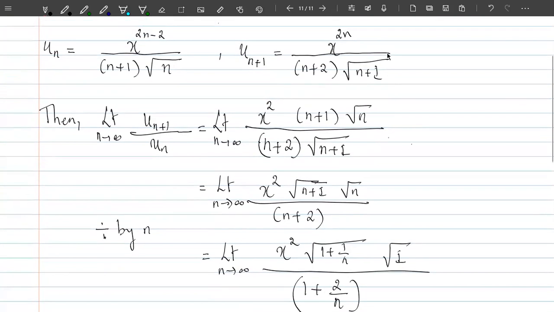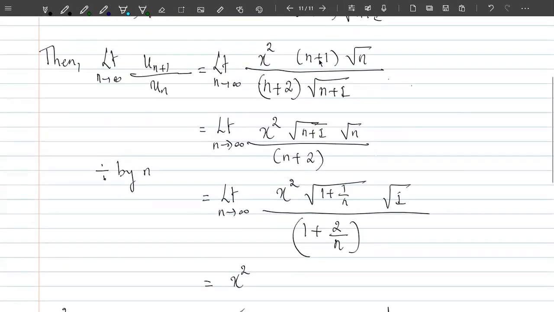If you solve it, you are dividing this particular term by this term here. So on solving, I get x power 2n divided by x power (2n minus 2), so I get x square. Then (n plus 1) into root n comes to the numerator and this remains in the denominator. So now here I have n plus 1 which is being divided by root of (n plus 1). This n plus 1 can be written as root (n plus 1) into root (n plus 1). So one of those terms will cancel. So I get root (n plus 1), this root n, and here I get only n plus 2.